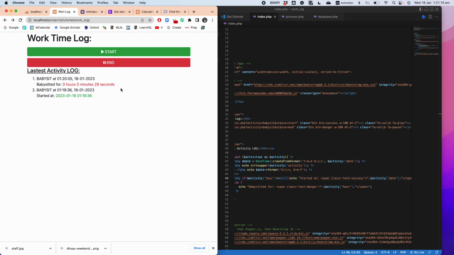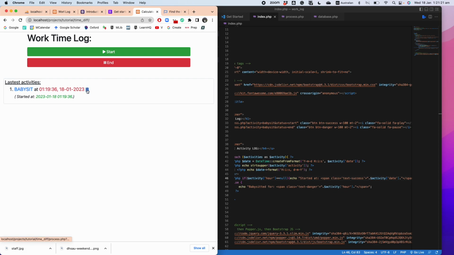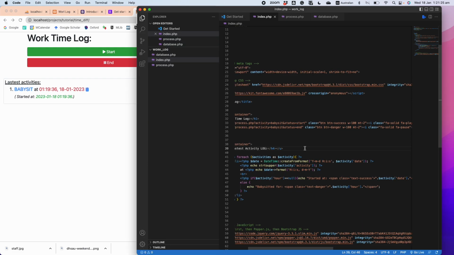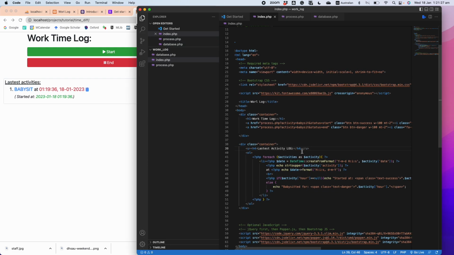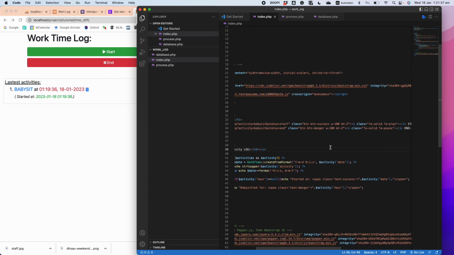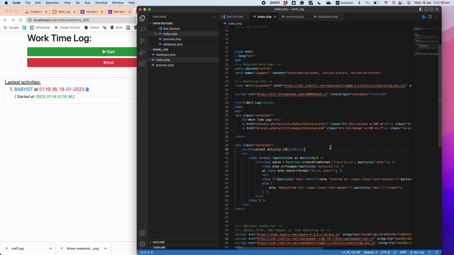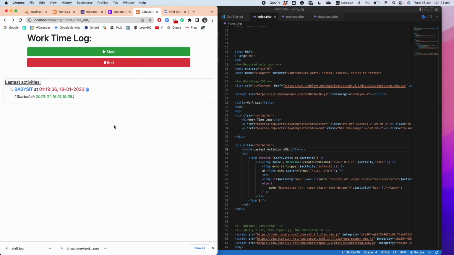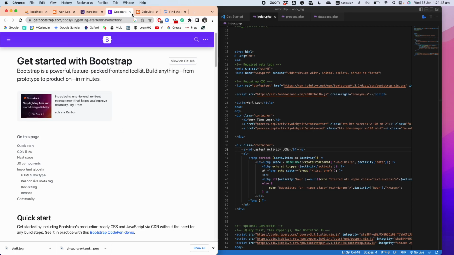It seems everything is working fine compared to the final version. And the final version also has some sort of a delete. If you click on this, it deletes. Right, so what we're gonna do is also create a delete button like that. All right, so in order to create a delete button like that, what we can do is to